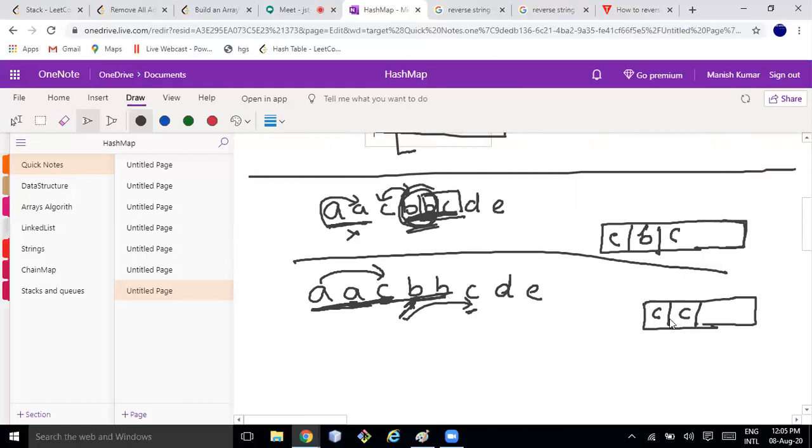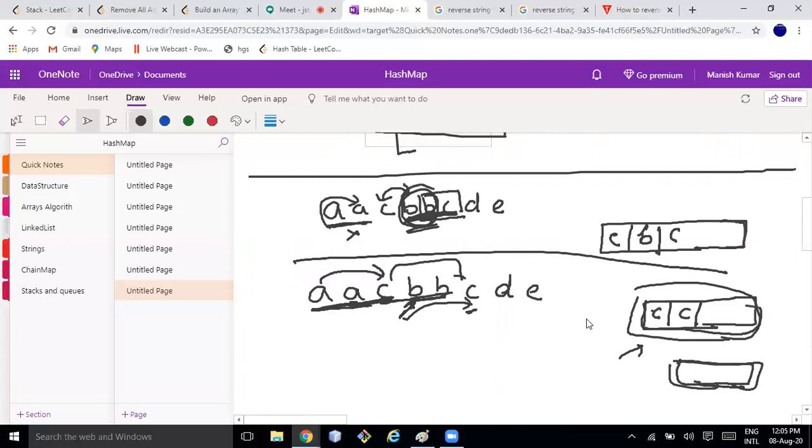I added C. But this C and this C are not compared, right? I don't want these two C's to be together. So again, I have to perform this array operation. This is your input, and again you have to check whether these two C's are equal or not. This is very complex. So can I use something standard, maybe a stack? Obviously it will come to your mind that a stack may be the option, if you practice many problems related to this. And what is the benefit of a stack? Here I am using an array.